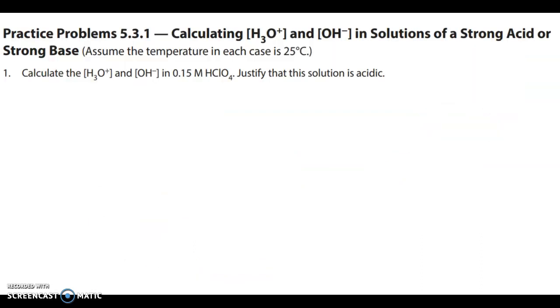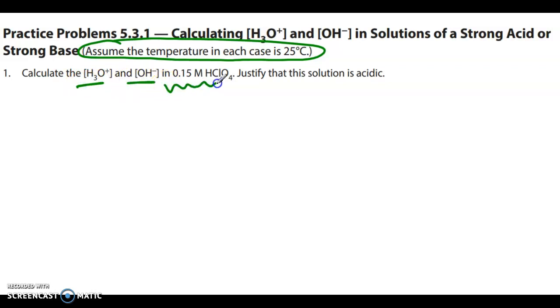So let's take a look at some practice problems. Our first one says, first make note, assume the temperature is going to be 25 degrees in each of these cases. That's obviously important because we wouldn't be able to use our 1.0 times 10 to the negative 14 for our Kw. So it's asking us to calculate the hydronium and hydroxide concentration in a 0.15 mole per liter